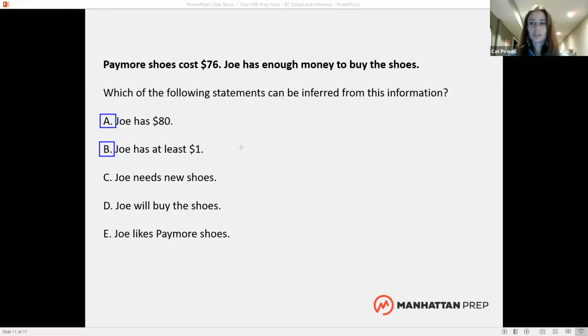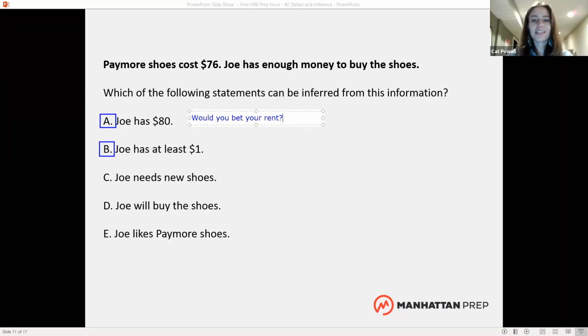If I tell you that Joe has enough money to buy shoes that cost $76, are you 100% sure that he has $80? Would you bet a month's rent? Yeah, right? So if your answer to that, would you bet your rent on this, is no, it is probably not the right answer to an inference question. Joe definitely could have $80,